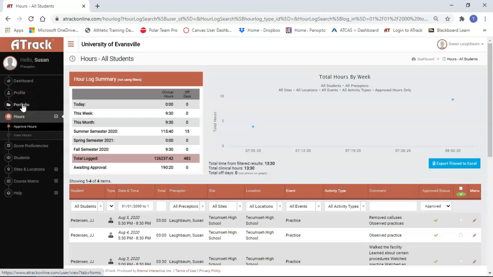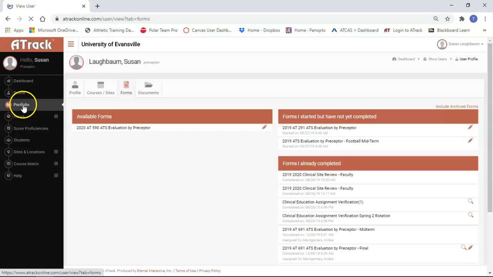The other task that you will be asked to do as a preceptor is fill out evaluations. And you can find those in your portfolios. And I have one on here for this preceptor, which she will have to fill out anyway. But you just submit the response there. You will see the responses that you've submitted over here. Some of you, if you're new preceptors, you won't have any on this side, but you will once you start completing these. So again, just click on the little pencil for submitting the response,